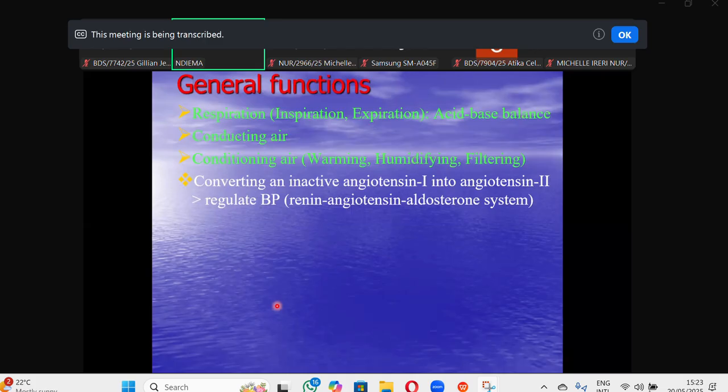The endothelial cells of the lung convert angiotensin 1 to angiotensin 2, which in itself regulates blood pressure. But angiotensin 2 will also act on aldosterone, produced by the adrenal gland. This causes reabsorption of sodium in the kidney, and there